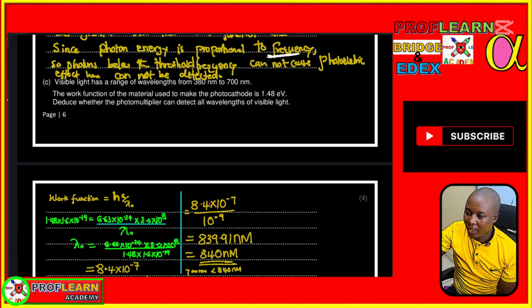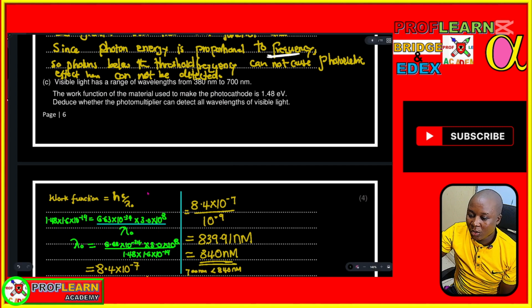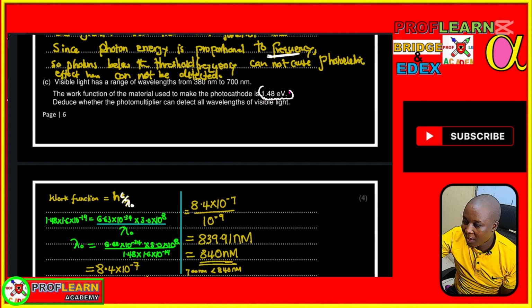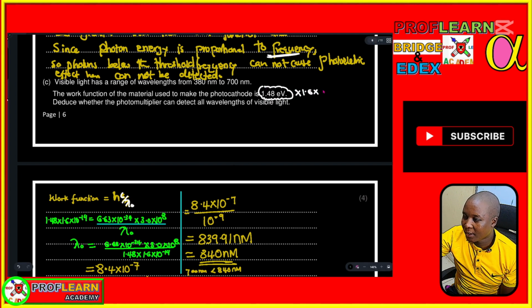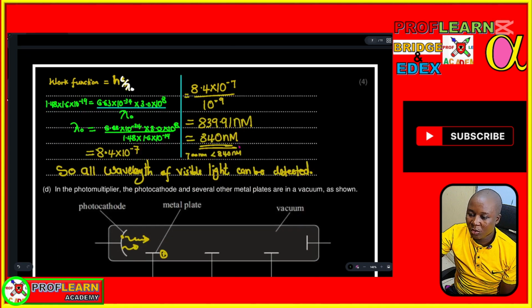So we know the work function is equal to h times the threshold frequency, and the threshold frequency is equal to the speed of light over the threshold wavelength. So we can use this formula to work out the threshold wavelength, and we are using the work function. We have to multiply this by 1.6 times 10 to the power negative 19 so that we can convert it from electron volts to joules. So if you work out the threshold